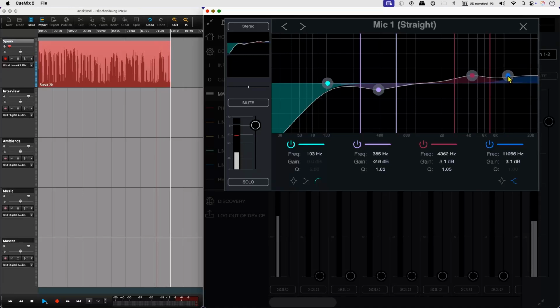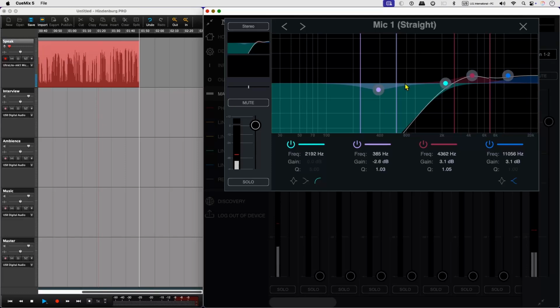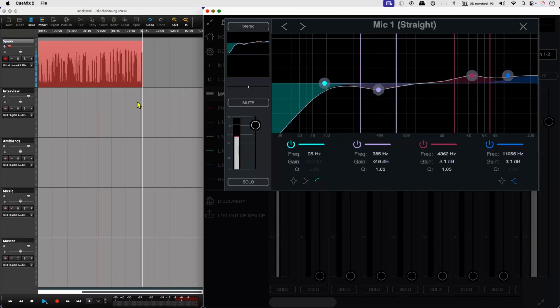Now, you will notice that we do not have a de-esser. So be very careful when adding the air. And over here, we can see nothing is happening. So if I were to bring this over here, we can see it is not affecting our recording. That is because